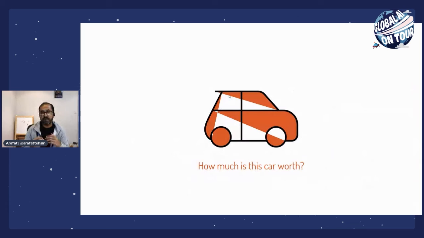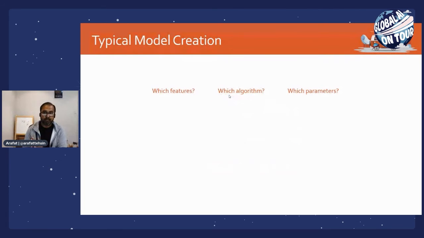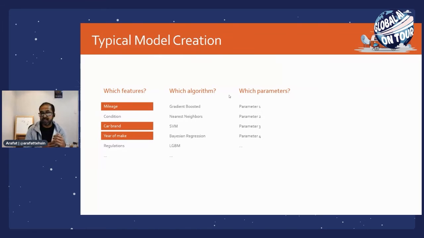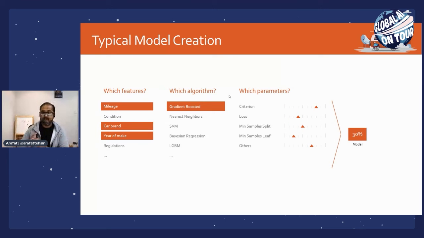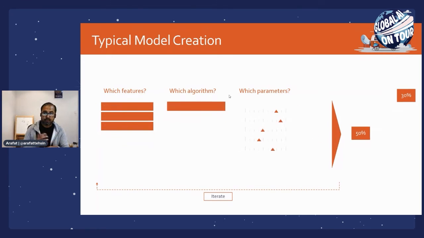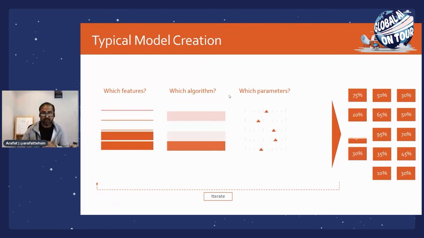Let's say you want to find out the worth of this car. It means that it is a regression kind of problem. In order to find the price of this car, you need to identify what the features of this car are and what the algorithm is. Let's say you have found the features which your car price is dependent upon, and then you choose some algorithm and set up some hyperparameters, and it will give 30% of the result. You never want to use 30%, right? So you will reiterate it again, include some more features, tweak some hyperparameters, and do it again. You will keep on doing it until you reach the point that it has given you a successful